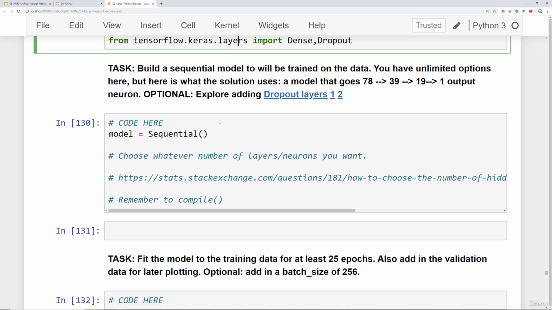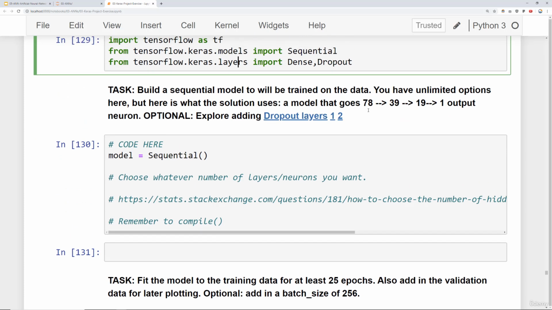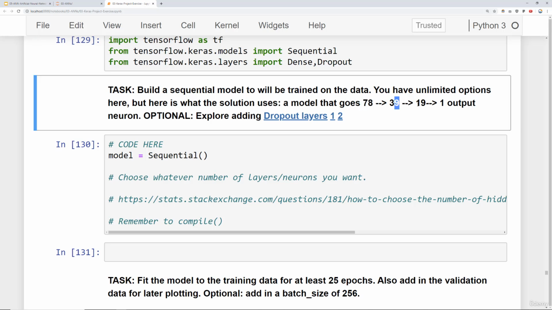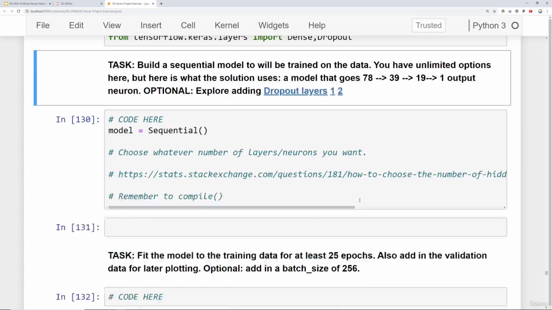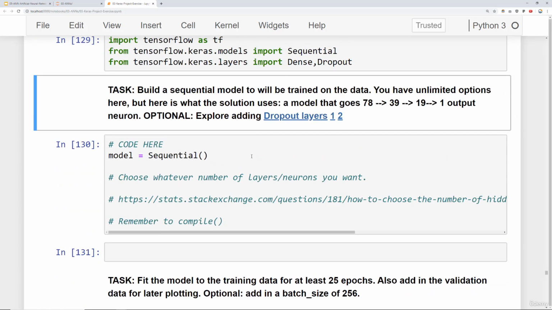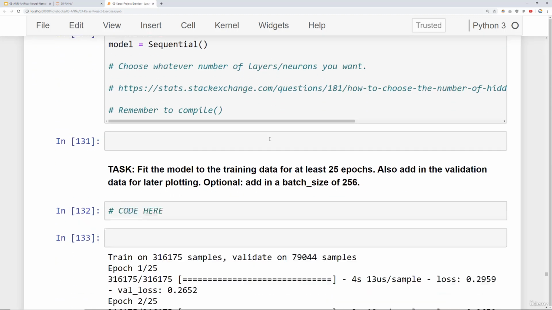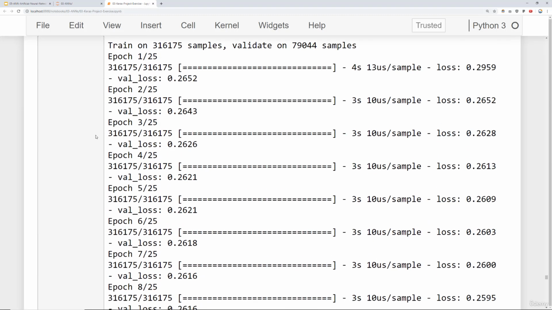You can create whatever model you feel necessary, but we recommend, or the solution actually uses, 78 neurons to 39 neurons to 19 neurons to 1 neuron. This is totally optional. You essentially have unlimited options. You can mess around with adding in dropout layers, etc., and we have links for you here to check out as well. So I would recommend adding in some dropout layers, and in the solutions notebook, you can check that out as well. We have this particular network structure with 0.2 or 20% dropout for each of those layers to try to prevent overfitting. Then we want you to fit that model for at least 25 epochs,